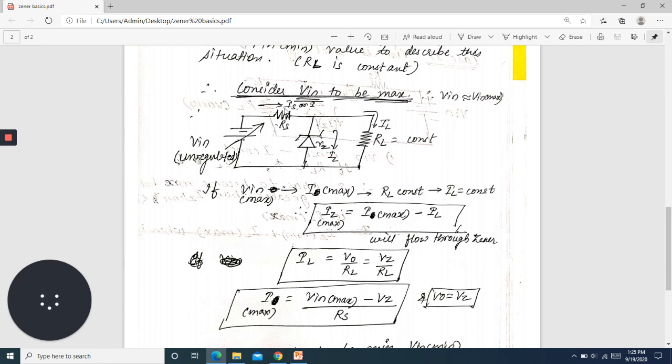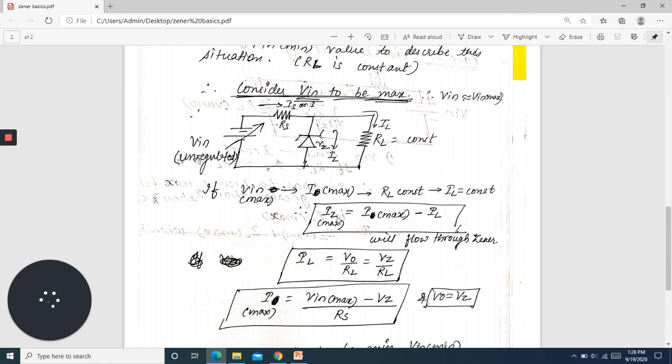RL is constant, IL is constant. So Iz gets changed to Iz maximum because a limited or fixed current will flow through the load. So the increased value of current, because the total current is maximum, flows through this Zener diode,